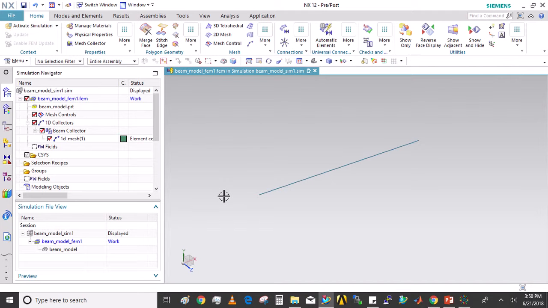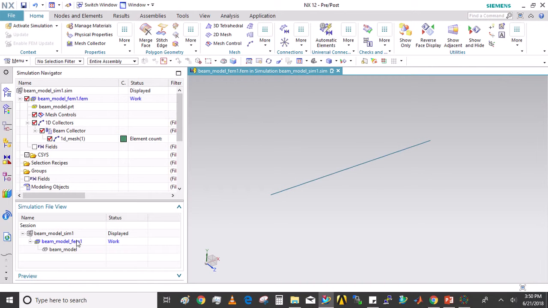So we already defined the FEM file. The next step is to define the SIM file. Earlier in the FEM file, we defined the cross section of the beam as well as its meshing as well as the material properties. And now in the SIM file, we'll define the physics of the problem, which is the kind of loading the beam will be having, and also the constraints or the boundary conditions that will be applied on this beam.